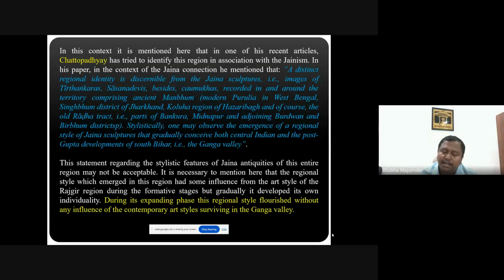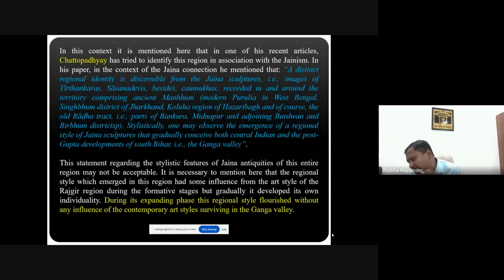style in the central Ganga Valley, but by the Rajgir region, the Rajgir school of art, actually, for the Jain images. And later on, the art style which developed in the Chhotanagpur Plateau area clearly indicates that it has the regional variety and it is not directly influenced by the art style which survived at that time in the Ganga Valley and other parts of eastern India. So this is very interesting and very important to understand about the regional development, how the regional art style has been developed, but under the broad